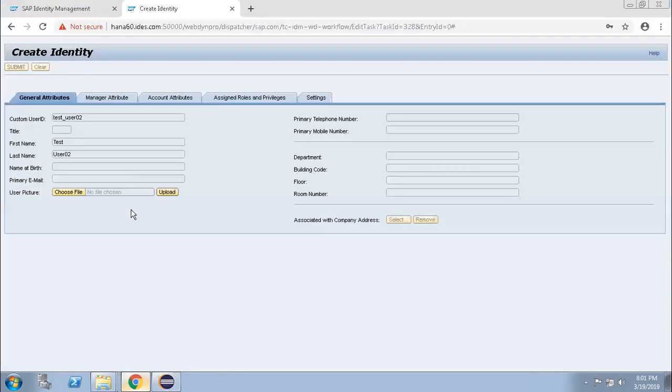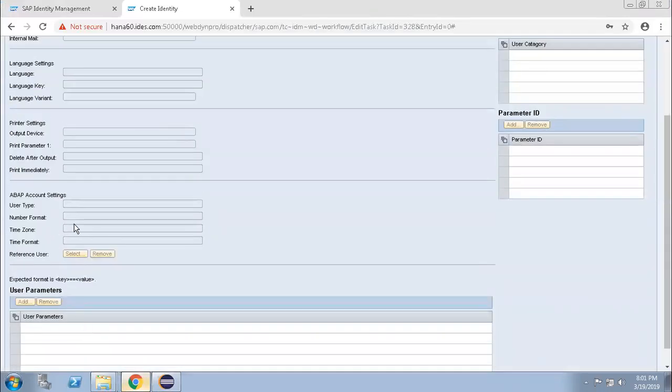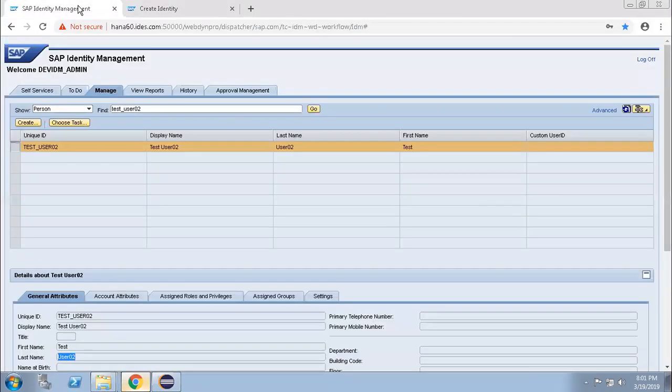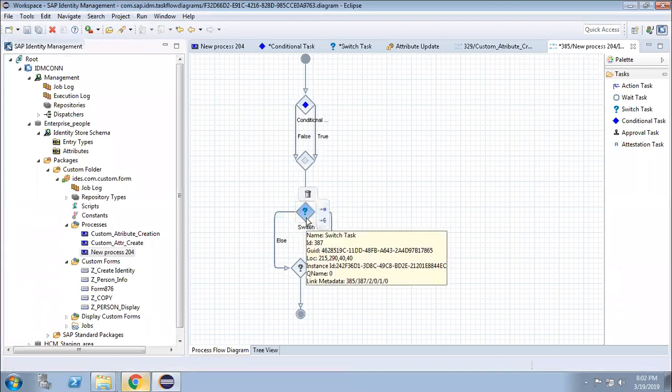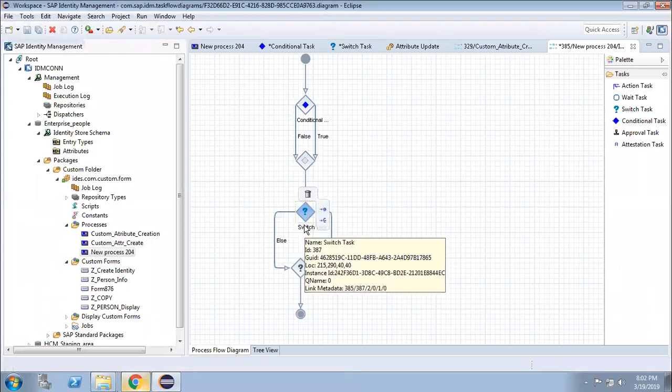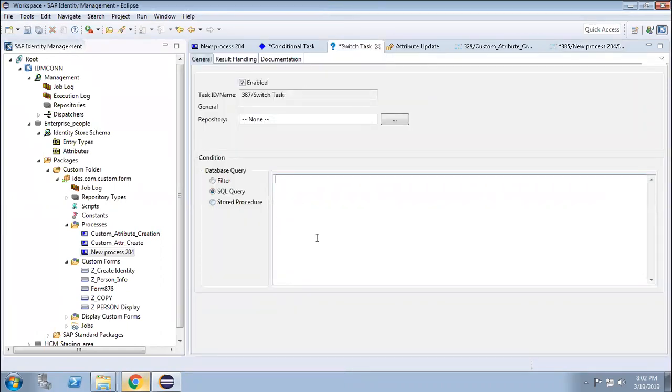Based on your company code, your time zone is changed. If you are in the US, you must be in a US company, US time zone. If you are in the UK, your company code will be UK. If you are in Australia, your company time zone will be Australia. So based on your company code, your time zone will be changed. Your number format will be changed. Your date format will be changed. So in order to update those number formats and date formats, you have to switch the task based on your company code.